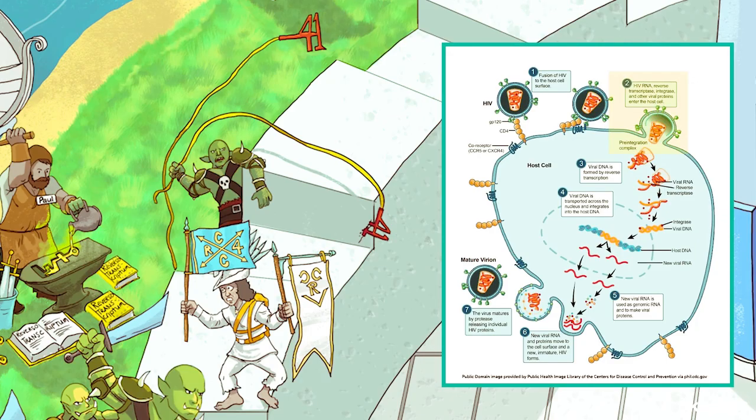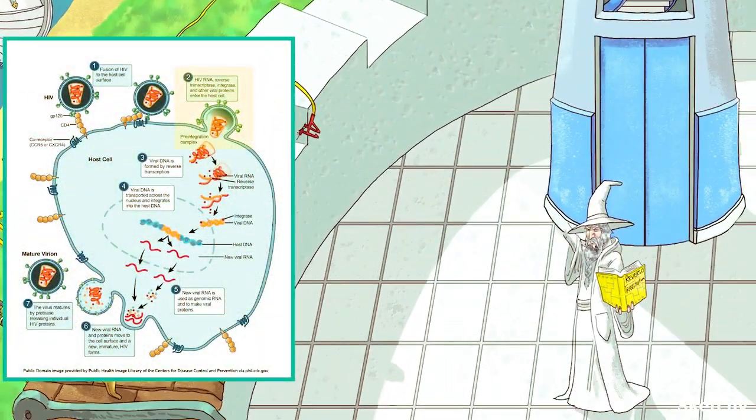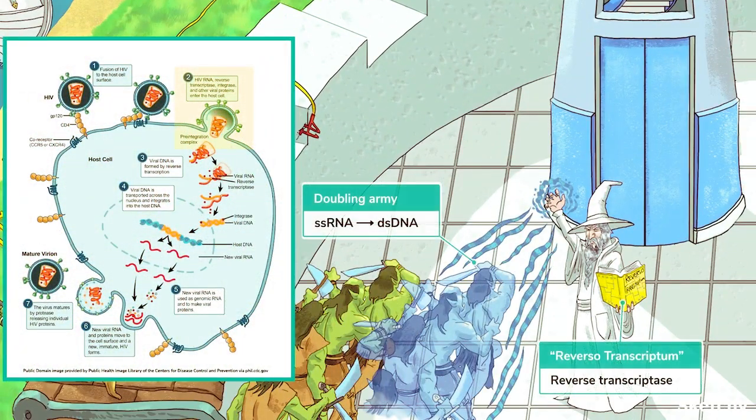Once the wizard gains entry to the castle, he gets to work, turning the castle into a factory for the creation of new viruses. The virus actually carried with it those POL-encoded enzymes, reverse transcriptase, integrase, and protease. And now that the virus is uncoated, the enzymes are free to use. First, HIV uses its reverse transcriptase to convert its single-stranded RNA genome into double-stranded DNA. And so, our retroviral wizard is using his reverse transcriptase spellbook to turn his single-file RNA army into a